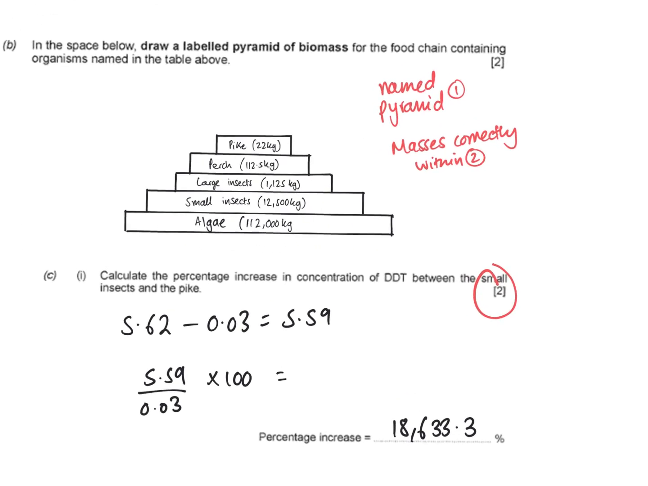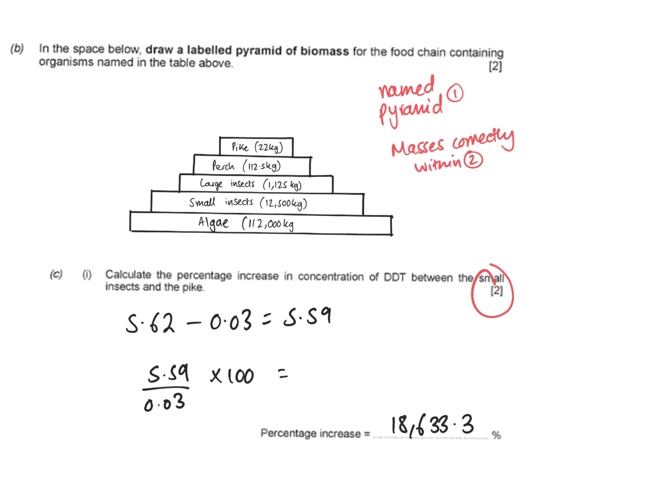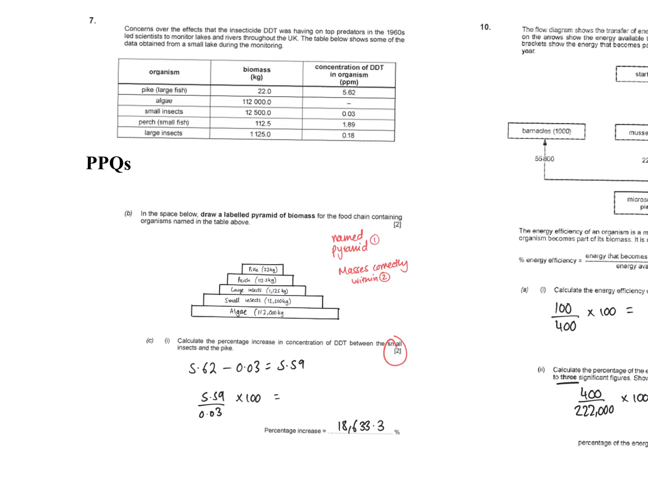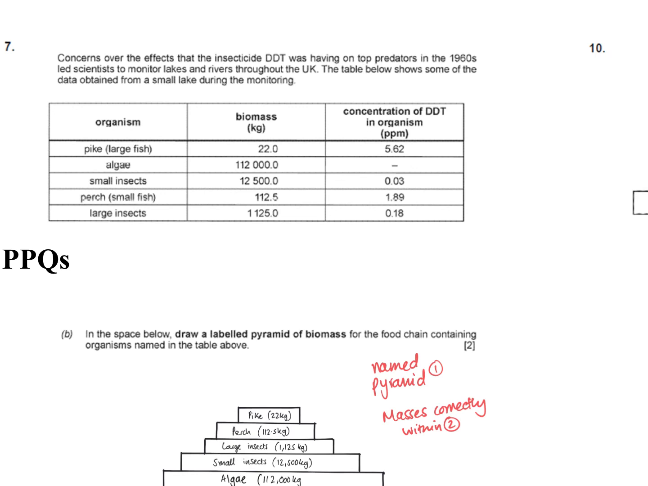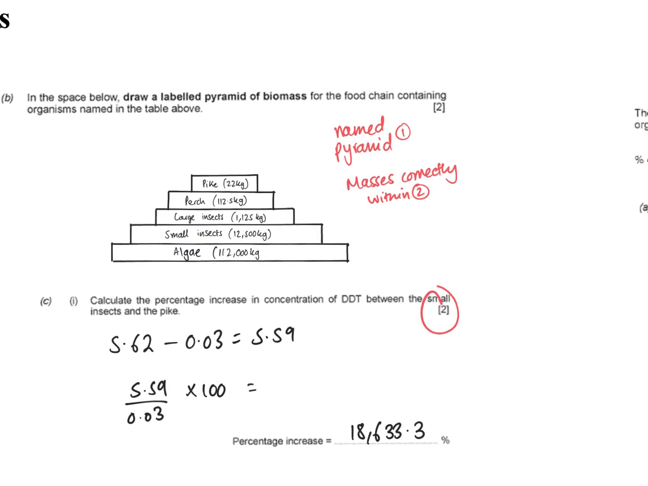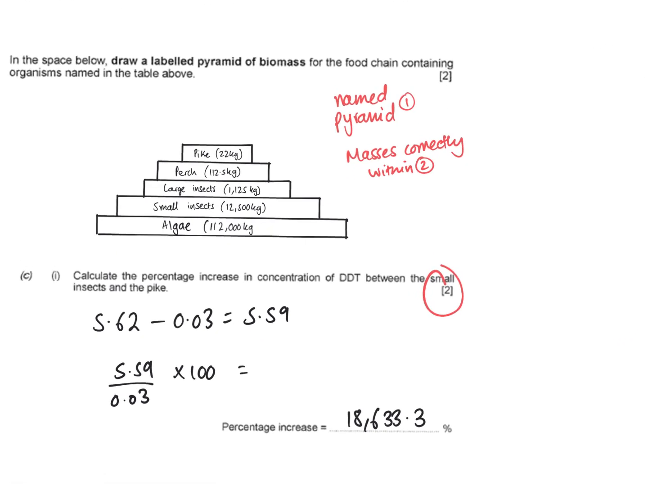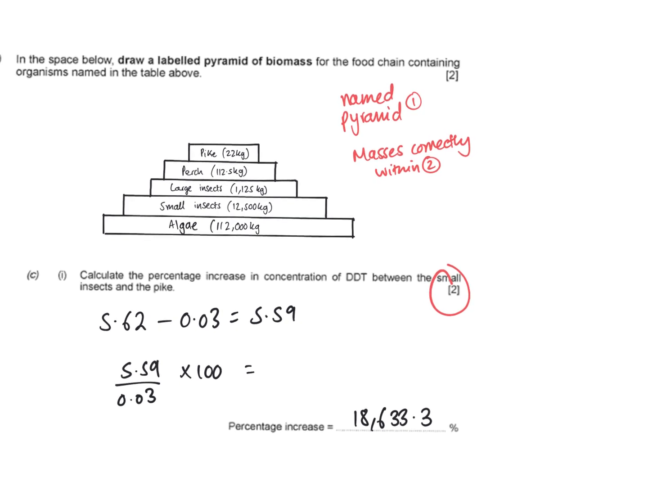Okay, so over in part C, we're asked to calculate the percentage increase in concentration of DDT between the small insects and the pike. So we can see here in our table, we have the small insects, 0.03, and the pike at 5.62. So what we want to do is take those away. So 5.62 minus 0.03, and that gives us the difference, which is 5.59. And we're going to divide that by the original, so 0.03, times 100, and it gives us this percentage increase,